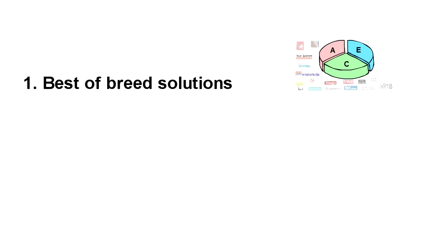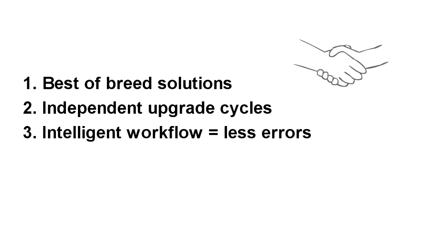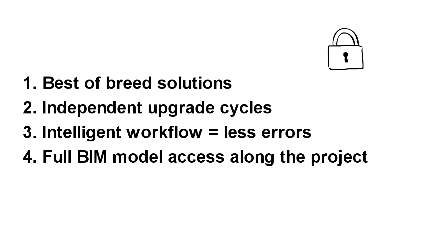With open collaboration, all participants of the AEC workflow enjoy unique benefits. Project members can choose to work with best-of-breed solutions in their respective field and location. Project members can decide about their software upgrades independently from their peers in different projects. Project coordination errors are greatly reduced due to workflow-level compatibility in contrast to file compatibility. Accessibility of BIM data is provided throughout the entire life cycle of buildings, including construction and operation.